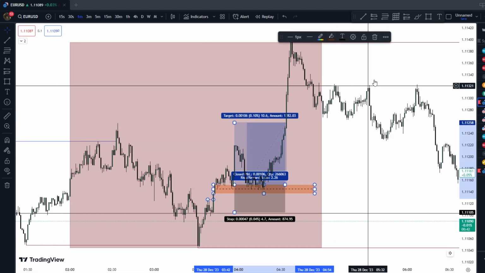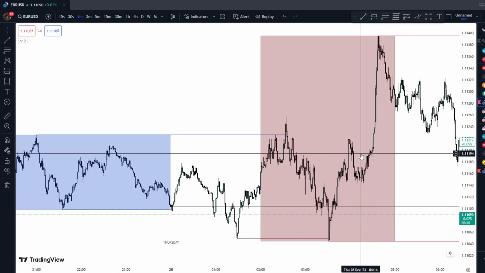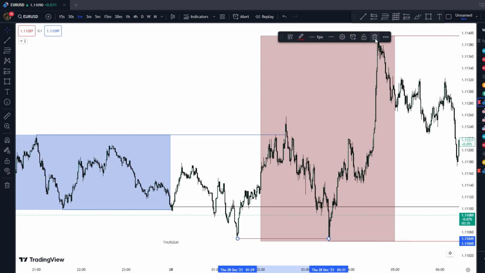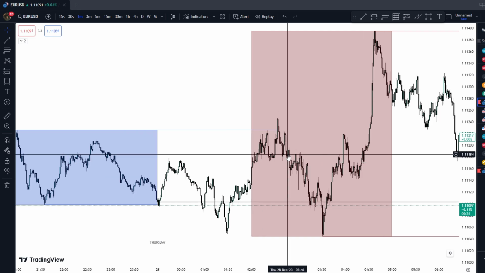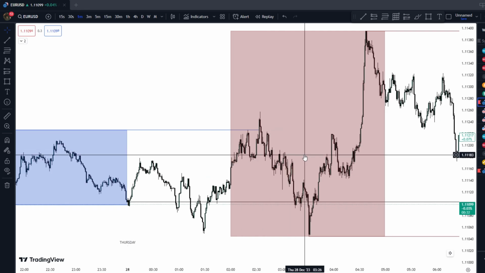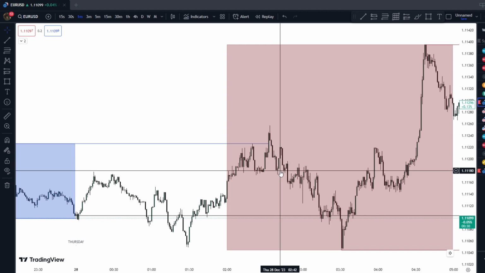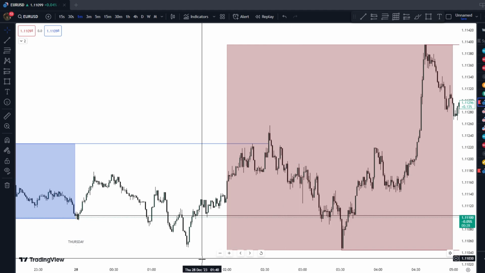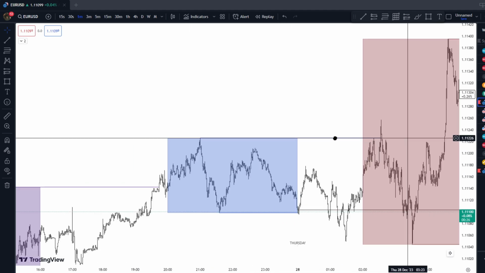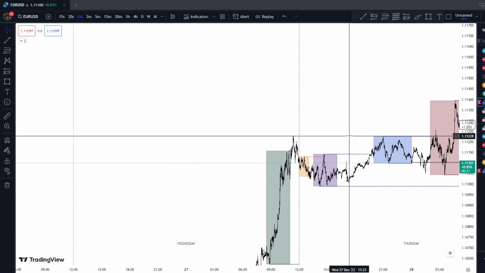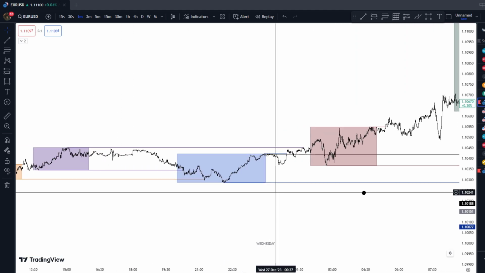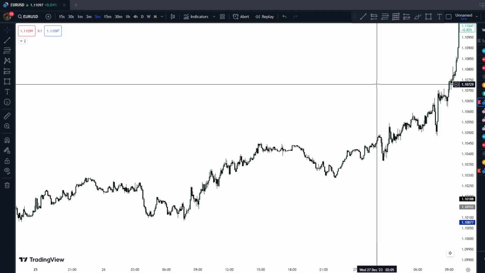I would do this. Maybe this could have not been the best day for this strategy, but it was not bad at all, because if you entered here and targeted this low, you could have made some money, big money I'm talking. Okay, let's test this now.